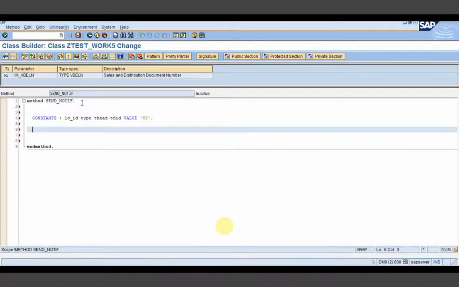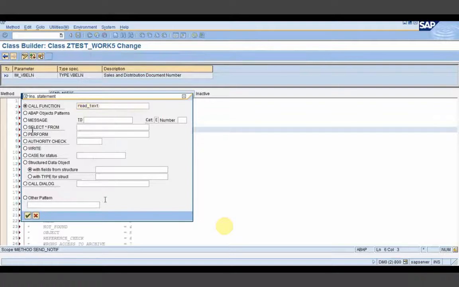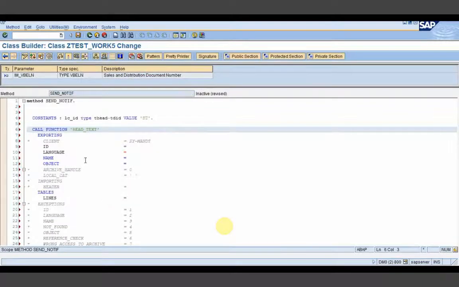So first I am calling one function module called read text. This particular function module is responsible to read the text from the standard text. Whatever we have defined in the standard text, it will read that particular text and it will populate it in one internal table.